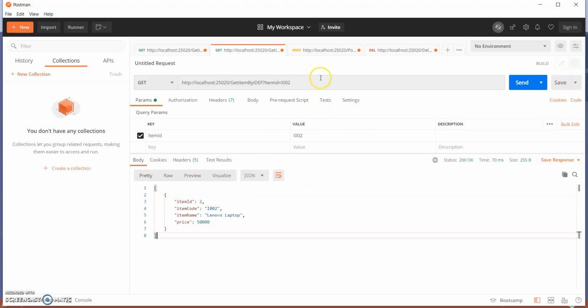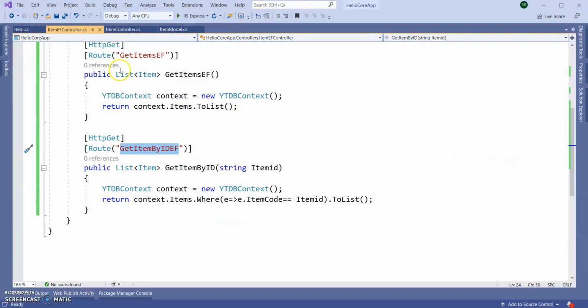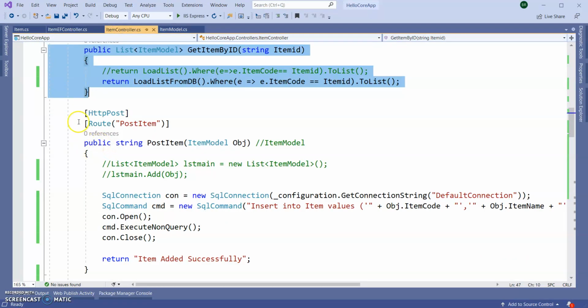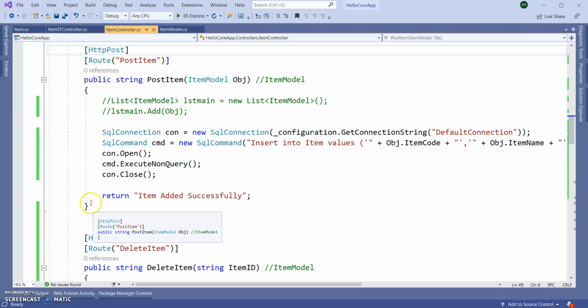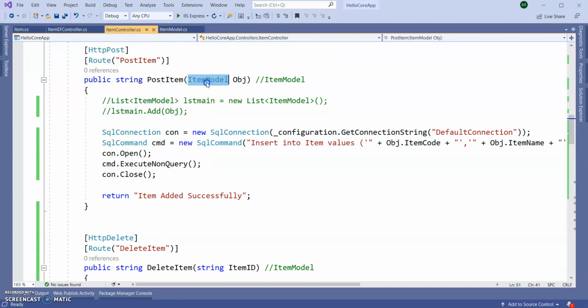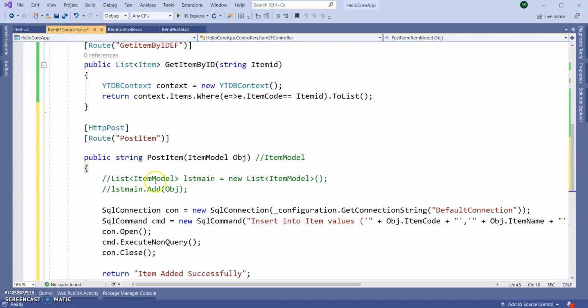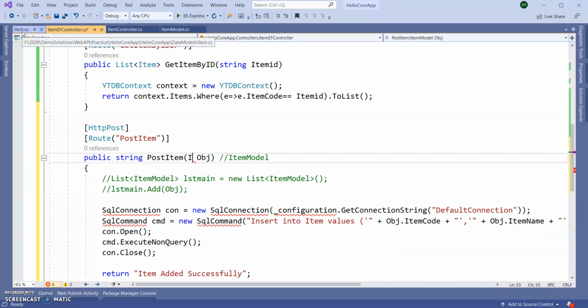Let's do our insert operation. Same thing I am going to use, but in the case of the insert operation, here we were using the item model, which we created manually. But in the case of Entity Framework, we are going to use our Item class, this one, which was created by scaffolding.